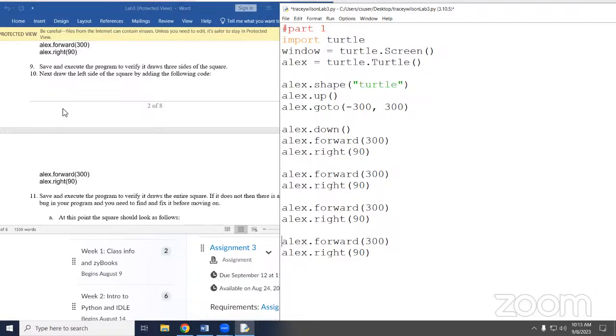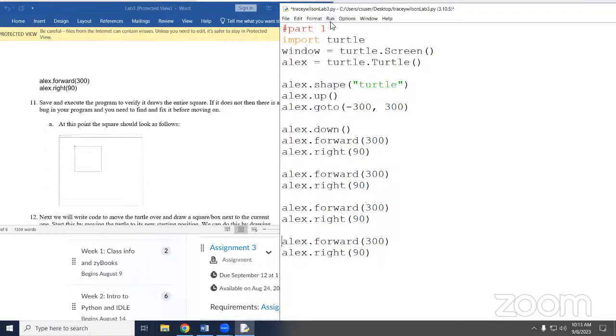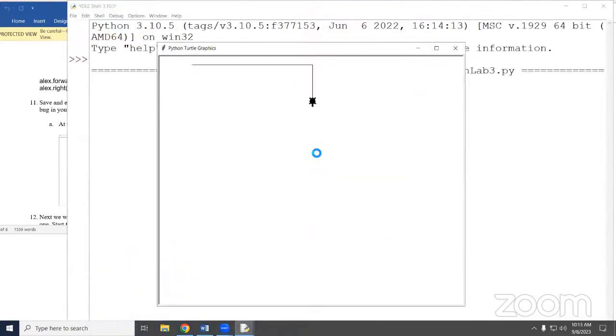So it's spelled out here in the document, so I just did it without you having to read it. Now, if I run this, now I put the turtle back exactly where he was when we started. Could you have left that last turn right off and still have a square? Yes, but you don't know which direction your turtle's facing necessarily at that point. So I like to put my turtle back facing in the same direction every time, because then I don't get confused when I start drawing the next shape. That makes sense? Okay.